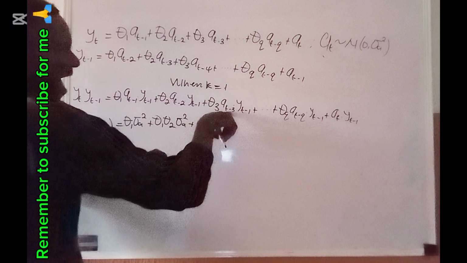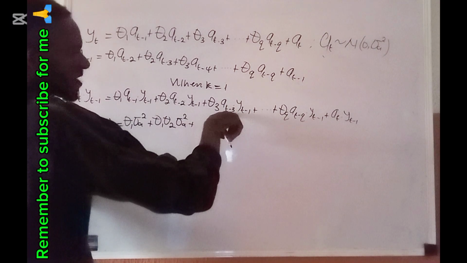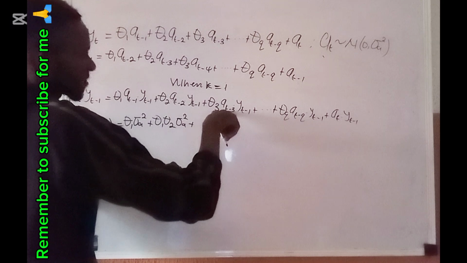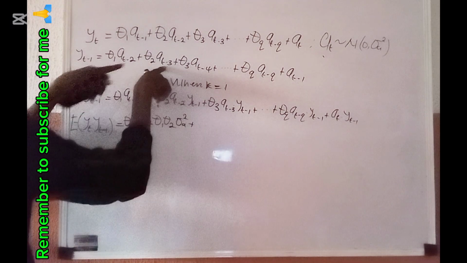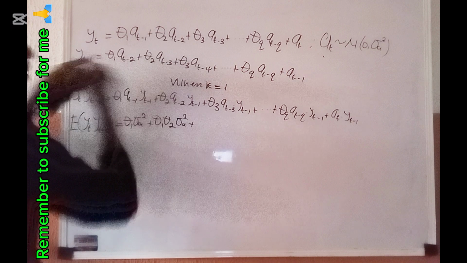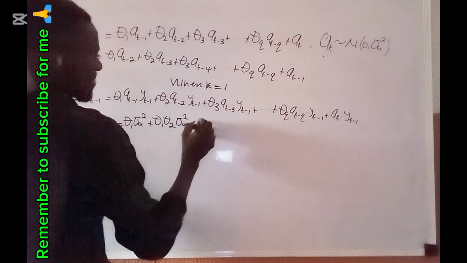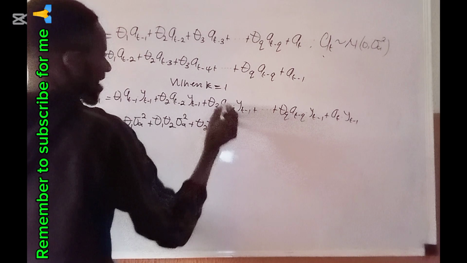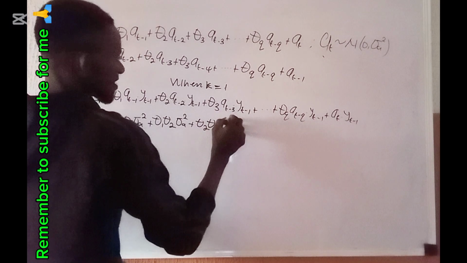I am interested in getting a place in y of t minus 1 where the error term is a of t minus 3. This is where the error term is a of t minus 3, at theta 2 here. So what I'm now going to do is theta 2, theta 3, expected value will give me sigma squared of